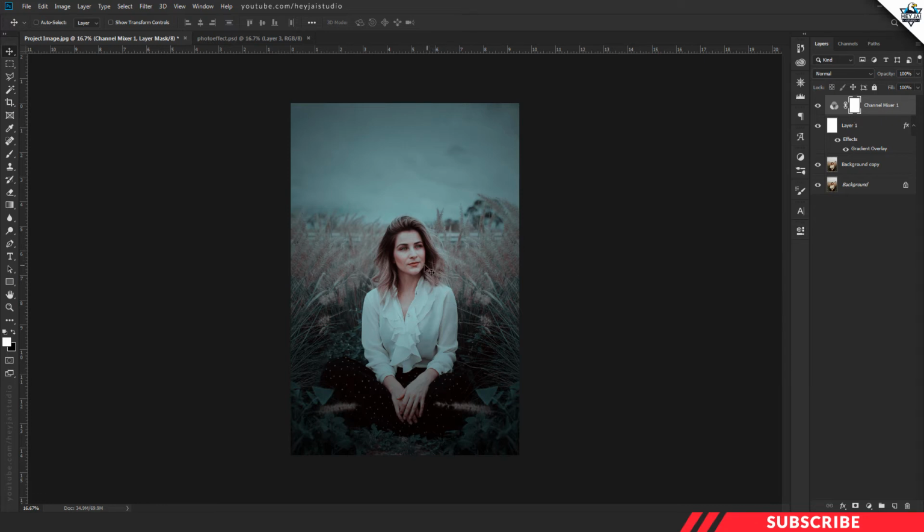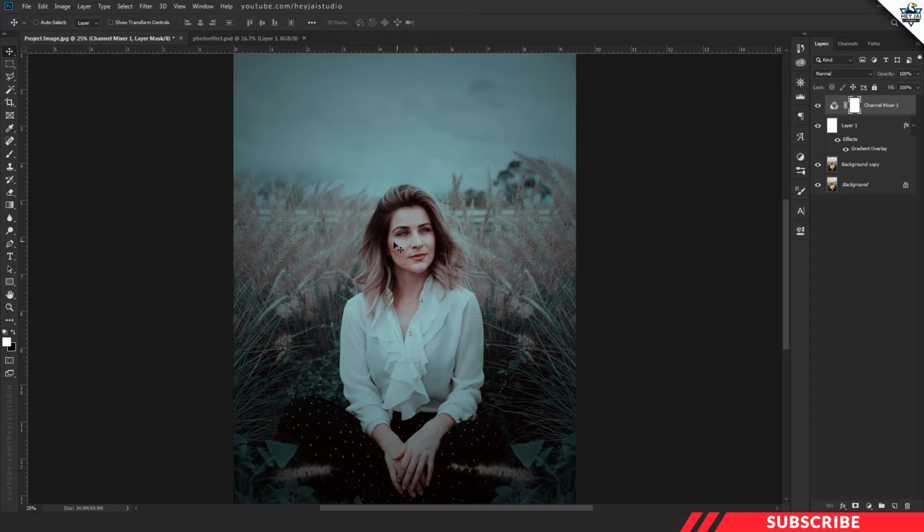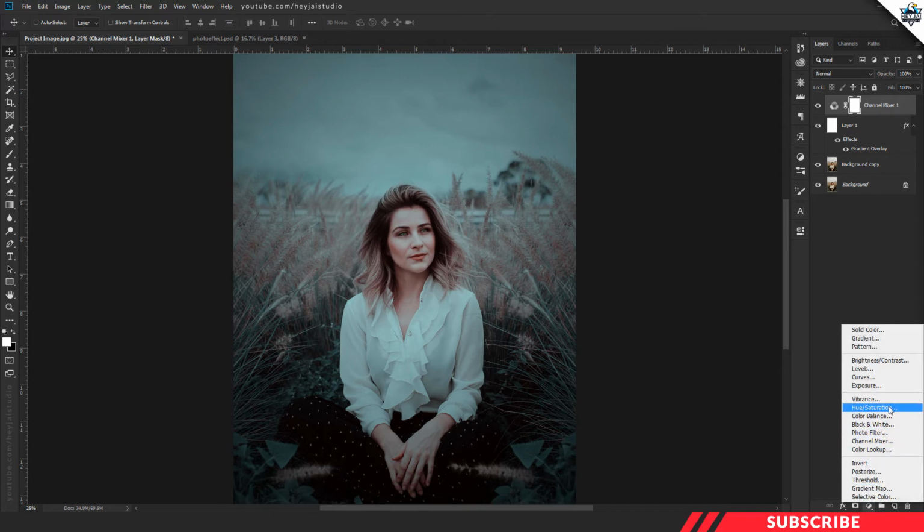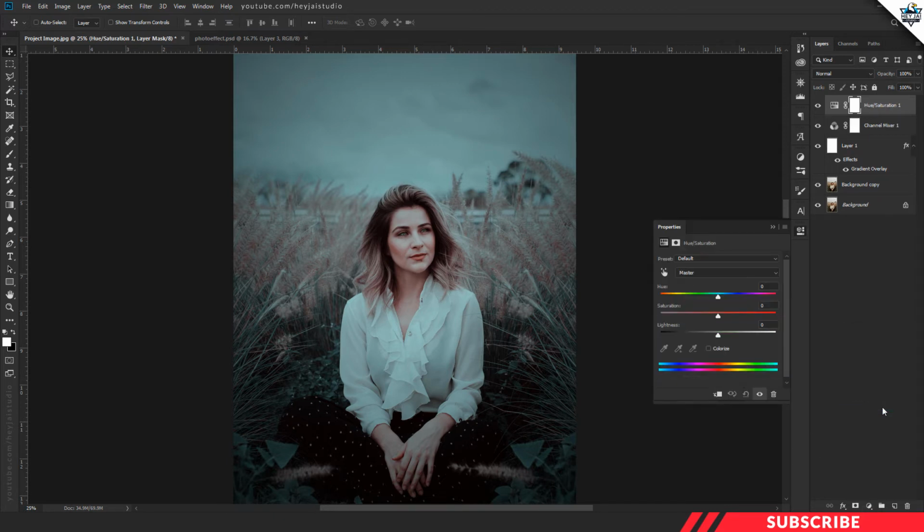Next I'm going to take care of the reddish tone on the model image. This one is a little bit harsh. I'm going to take care of that by creating a hue saturation adjustment layer. This one. There I'm going to select red. First I'm going to reduce the saturation level a little bit, something around -2 to 5. Next I'm going to increase the brightness. I'm going to increase it around 20.